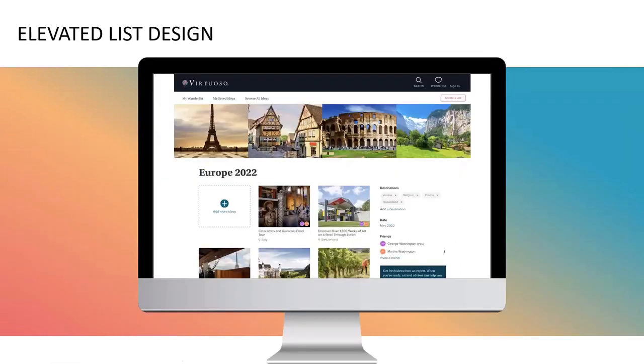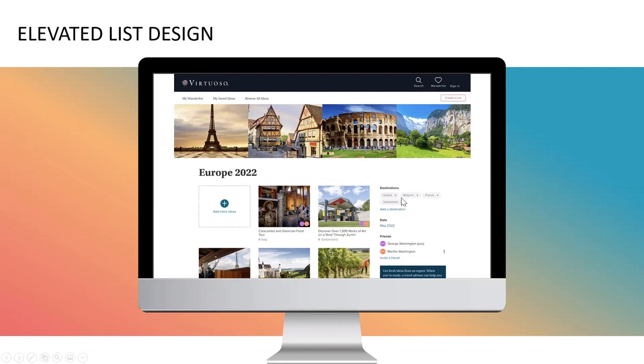And then we do have a new release coming out. Hopefully July, mid-July is what we're shooting for. And I wanted to give you just a sneak peek of what's in that release and what that's going to look like. Because we're fully integrating with virtuoso.com soon, we changed the look and feel of the design of Wanderlist to match it, to look like a cousin, to look like it belongs on virtuoso.com. So here's what it'll look like.